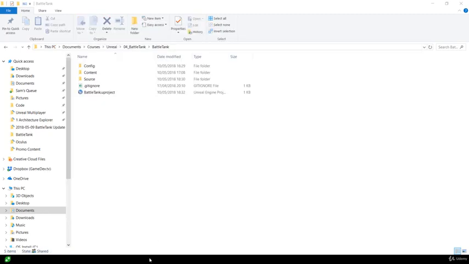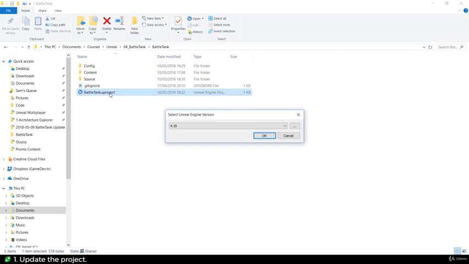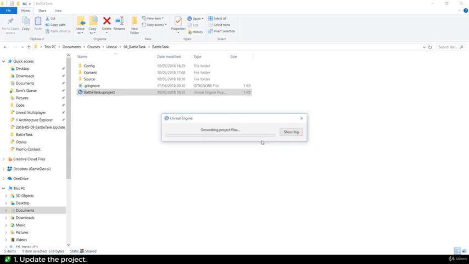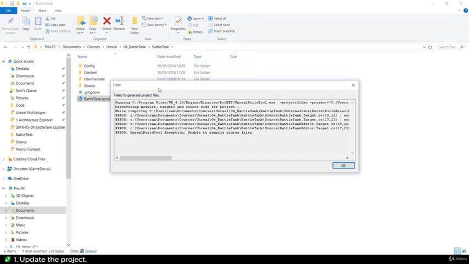Okay, so to start the upgrade process, the first thing we need to do is open up our U project. So navigate to your directory of the project you're trying to upgrade and open up the U project. And then Unreal will prompt you with a version selector because you don't have the same version as your U project. So you can go ahead and select the version you want and click OK, and that will tell Unreal, in fact, it will store something in the config telling Unreal what version it should use, and then it's going to try and generate the project and build it, and it won't manage because there is an error in the